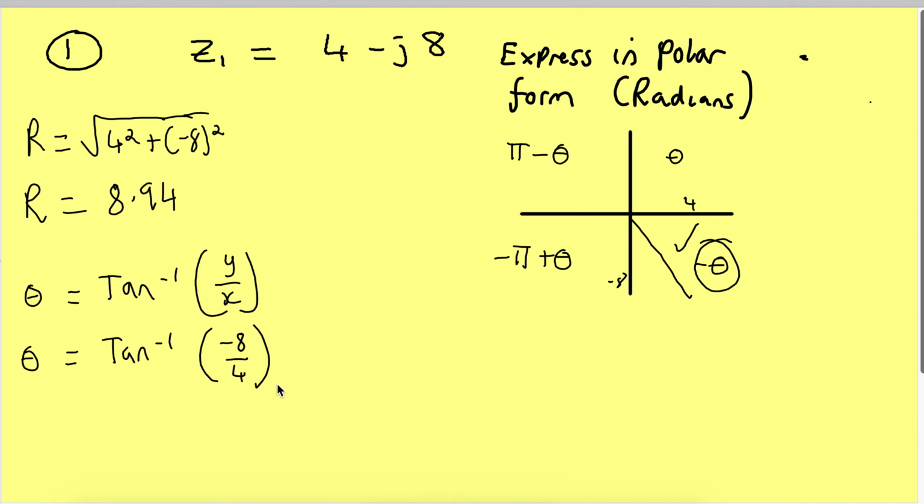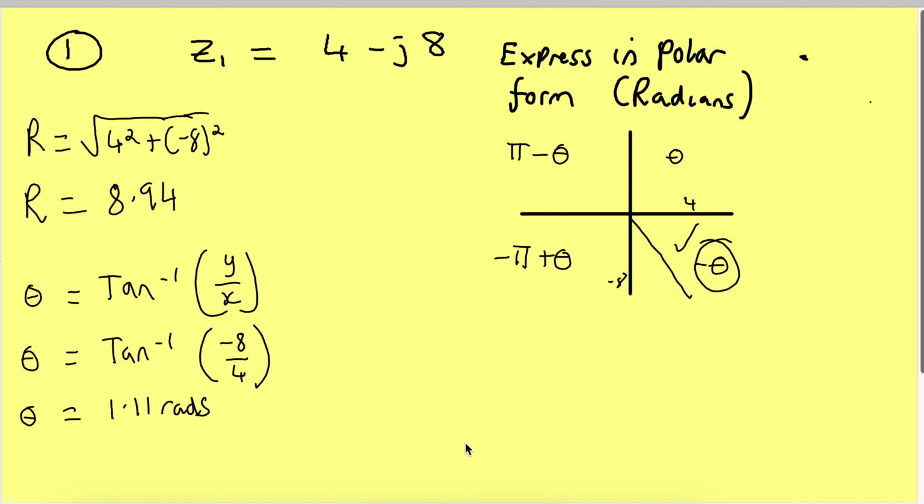Negatives never enter an inverse cos, inverse tan, inverse sine, because this quadrant diagram of your complex number deals with that negative for you. So you type that into your calculator. Remember, big thing, and it's something I nearly forgot there, put your calculator in radians. So it's inverse tan of 8 divided by 4, or inverse tan of 2, which is 1.107. So I'm just going to put that as 1.11